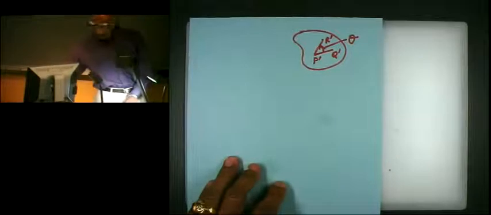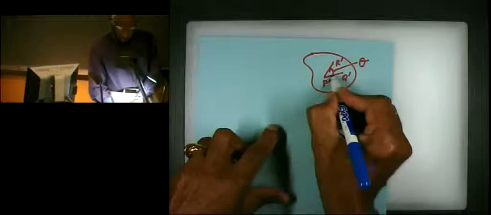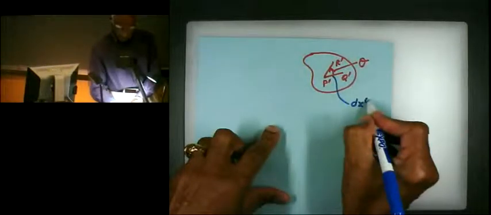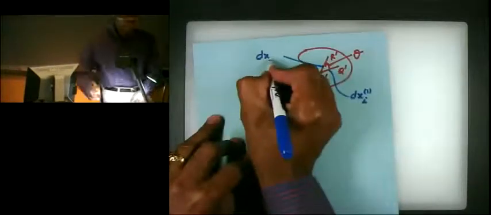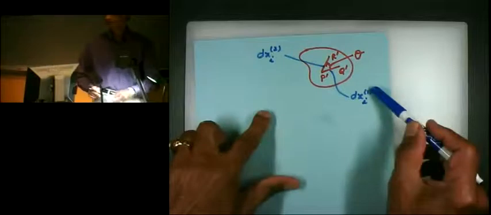Now you need to bear with me about the notation part, because P prime Q prime, let's call it dx1, and this one is dx2. Those parentheses 1 and 2 just are names for vectors, they don't mean components. Like this superscript 1 and superscript 2 in parentheses are not components. They just are like vector 1 and vector 2.